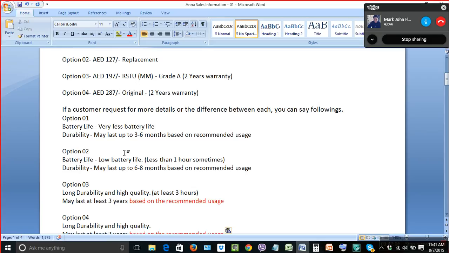So the customer gave you the model and you said yes, available. You gave the options to the customer, and the customer said okay, I'm happy to buy it, and gave his details. You took the details,